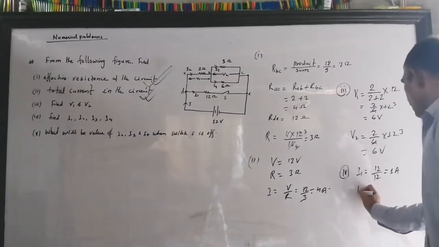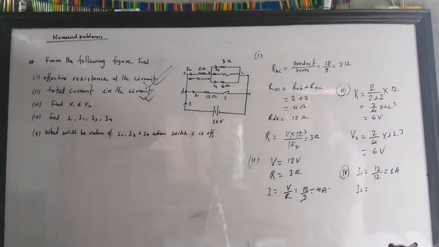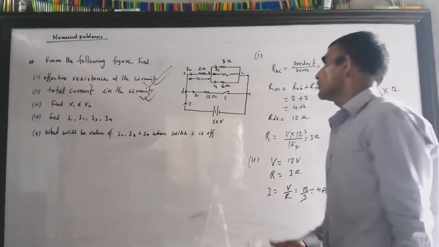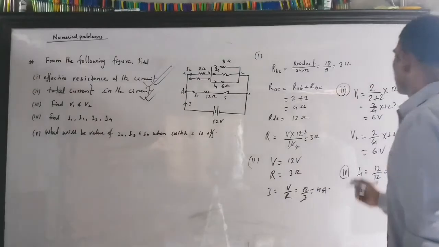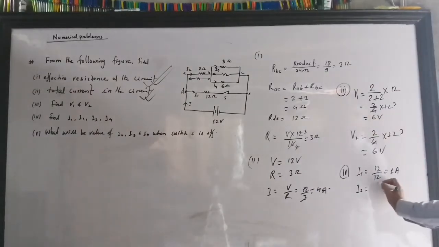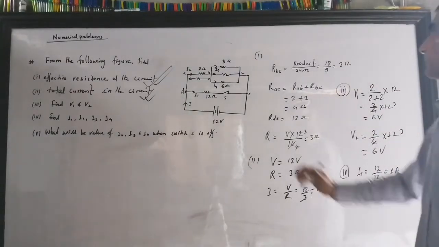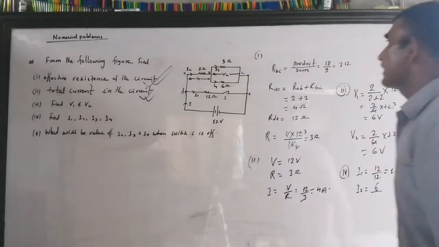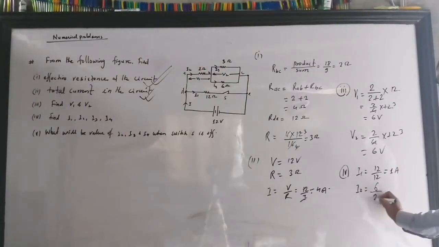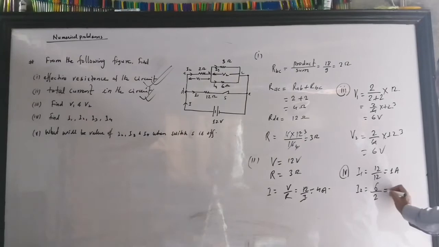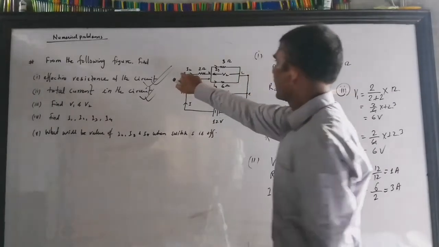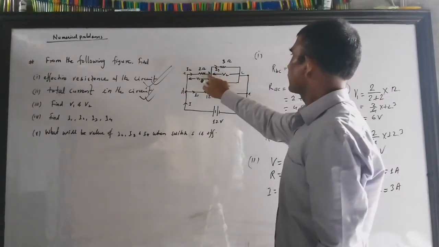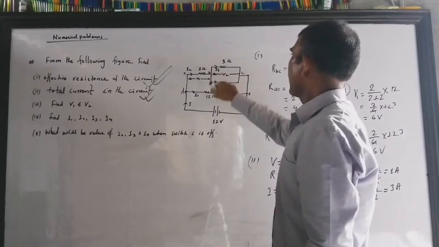Okay, next tell me how to find I2. You can tell. Again use the same logic. The voltage is known here. V1 you already found. How much is V1? 6 volt. And what is the resistance in that? The resistance in that is 2. And so 6 by 2 is 3 ampere. Okay, so up to here no problem. 3 ampere current goes from A to B, and here it comes, then it divides into these two.